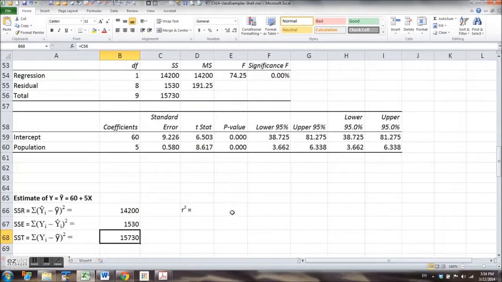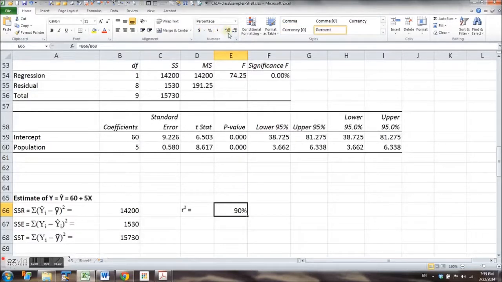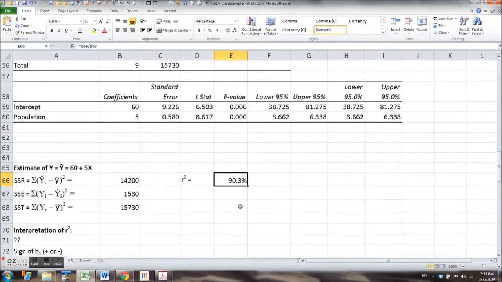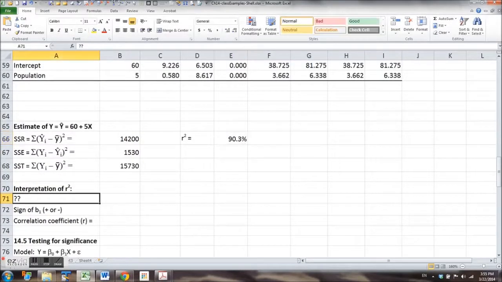Now R squared is SSR divided by SST. So SSR divided by SST. We can express this as a percentage also. Let's make it into a percent. So what does it mean? The interpretation for R squared is